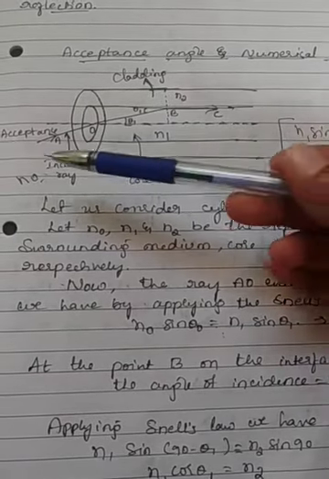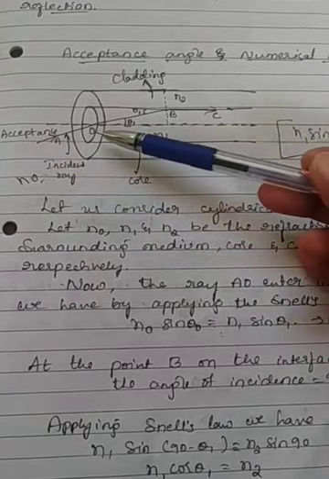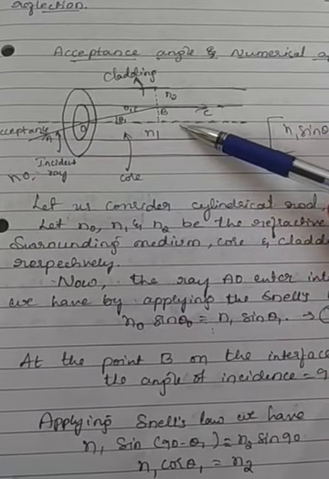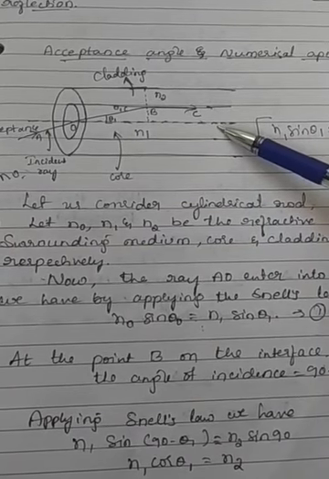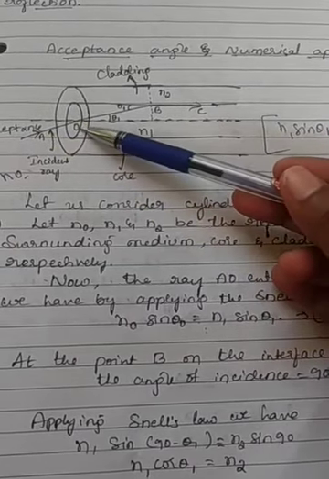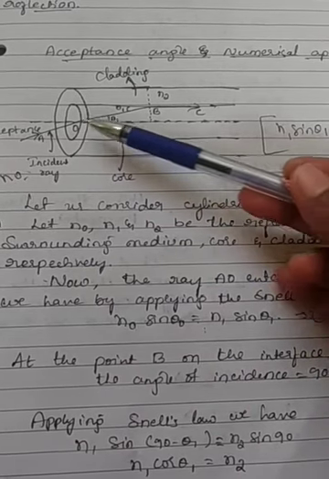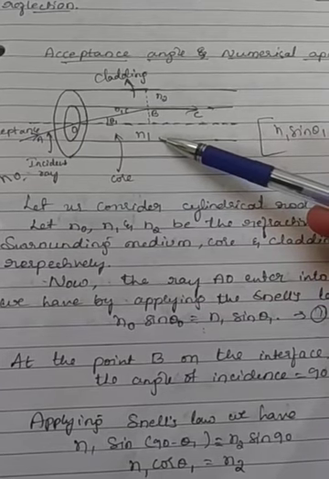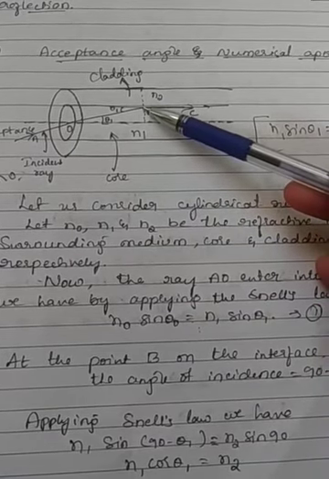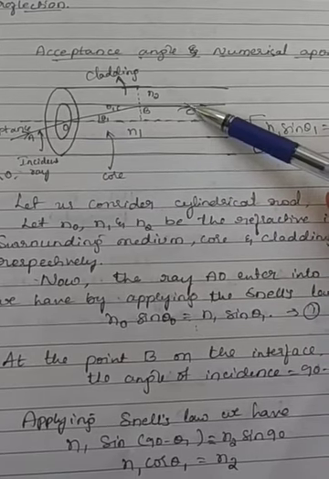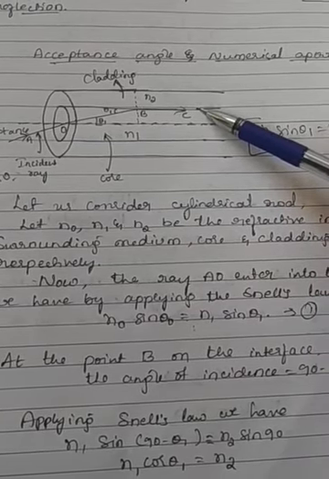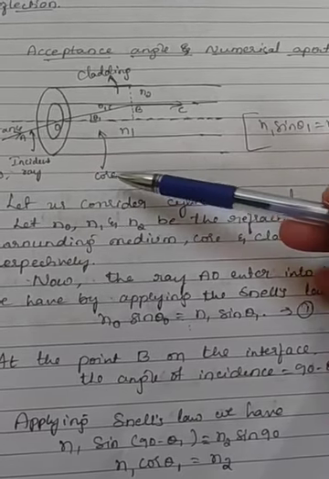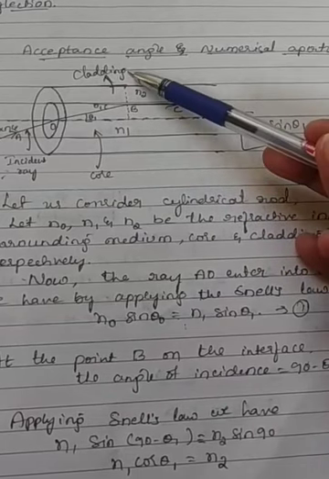Now next is the ray. A ray AO is incident on the optical fiber axis. These lines represent the optical fiber axis. So the light ray is incident on the optical fiber axis, then that light is transmitted into the core of the optical fiber, then that ray travels along the interface. This line acts as the interface. That interface separates two media, here one is the core medium, the second one is the cladding medium.